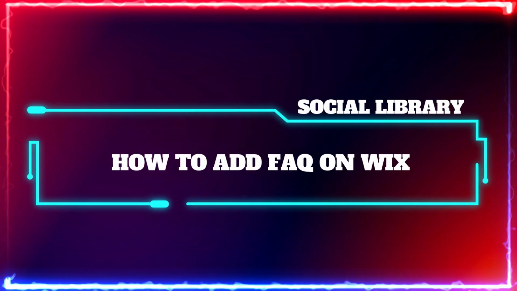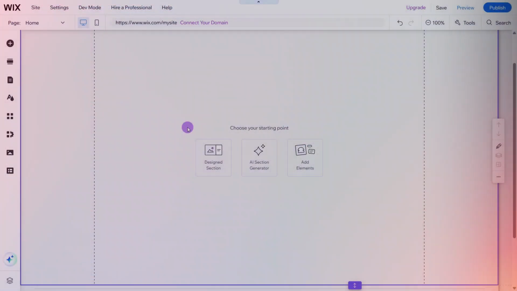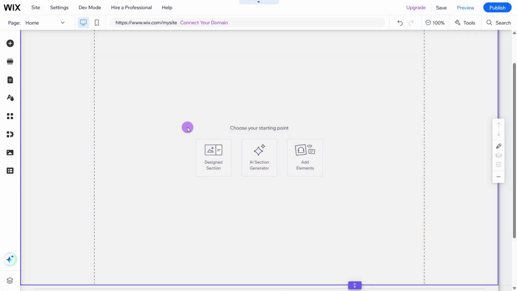Hey guys, today I'll show you how you can add an FAQ (frequently asked questions) section on Wix. So let's get started. To begin, open your Wix website editor and scroll down to the section where you'd like